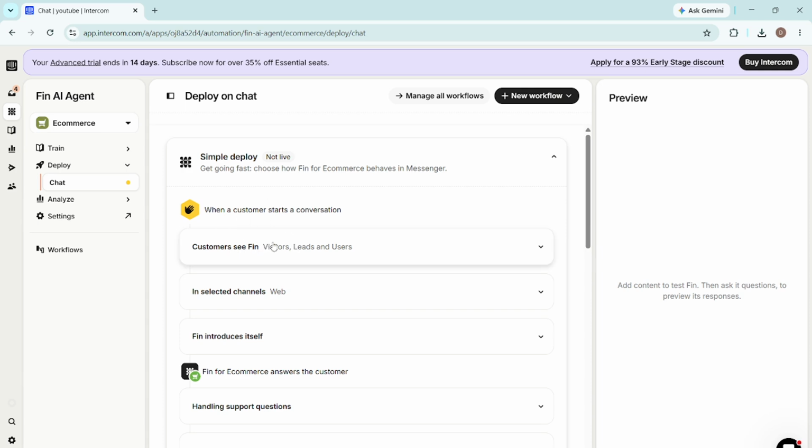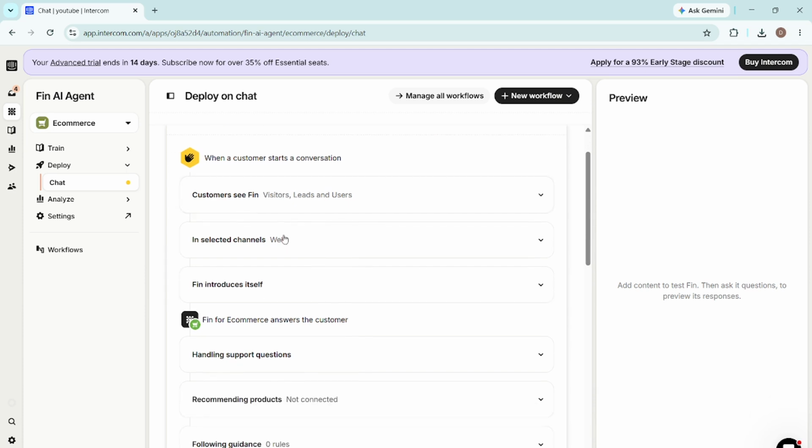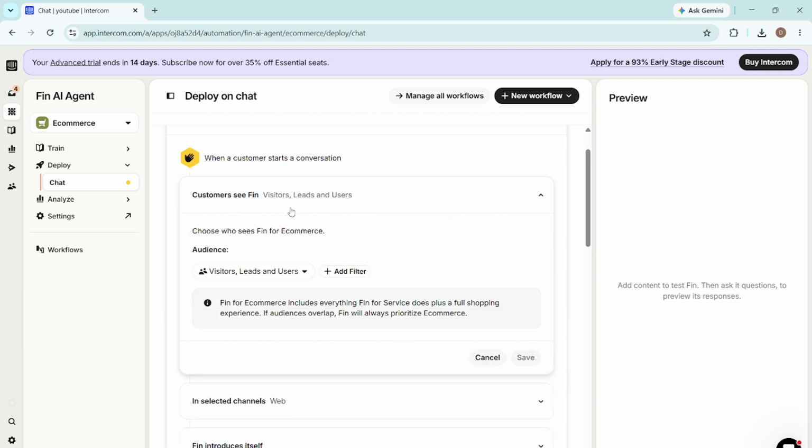After you initiate the simple deployment, you will define who the chatbot will target. Scroll through the configuration area until you see a section that mentions customers and includes the text Fin visitors, leads, and users. Click that part to expand your target filters. This is where you decide which types of customers should be included. Expanding the filter settings helps you view all the options clearly, so you can confirm the chatbot will show up